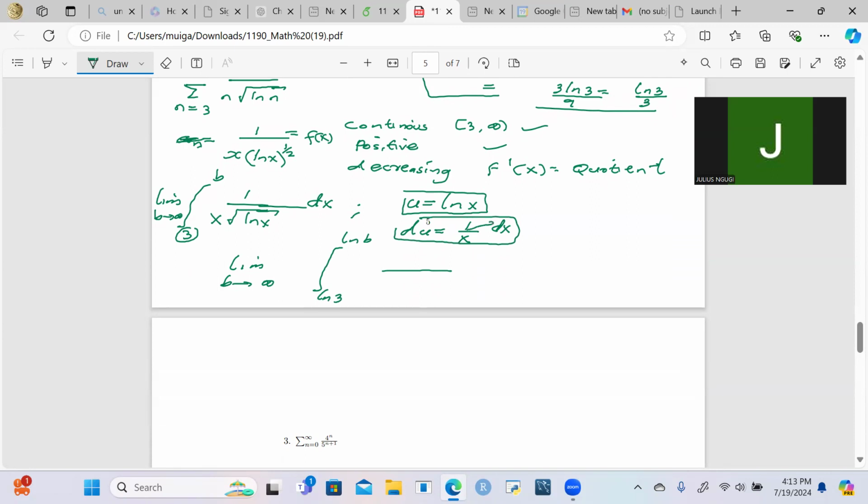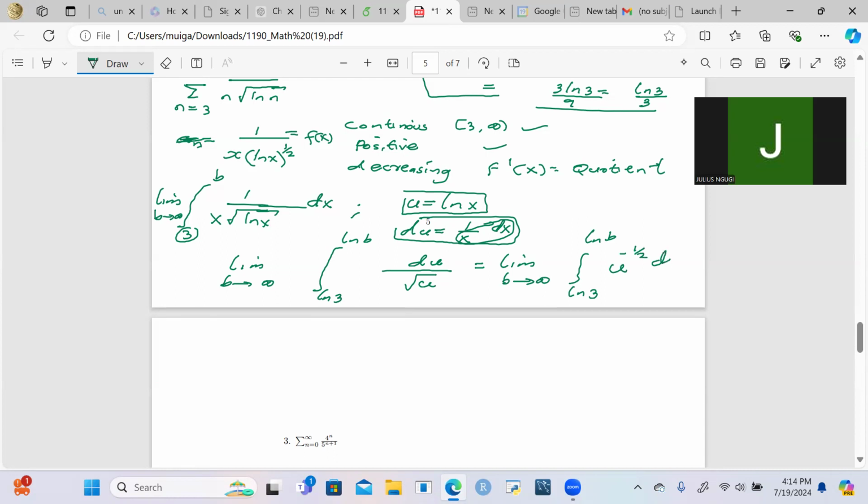Because we have dx over x, whatever I'm putting in the ellipse, that's my du. So I'm having du, and in the root, I'll have u. So integrating that, we have the limit as b grows, the integral from ln of 3 to ln of b, and you have u to the power of minus a half